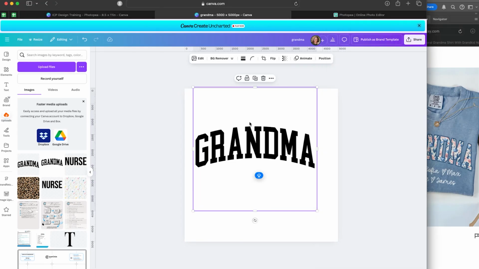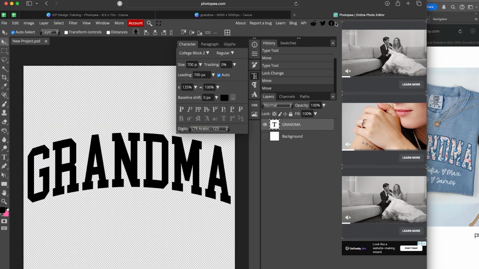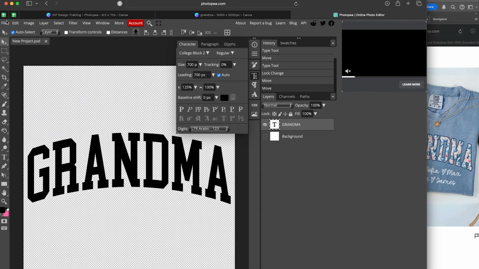All right, so this is what we're going to be using to make the outline of this, but now we need to turn this into a frame that we can put any kind of floral pattern inside of. So that means we're going to come back over here to Photopea because that's where we do that. And we go to File,